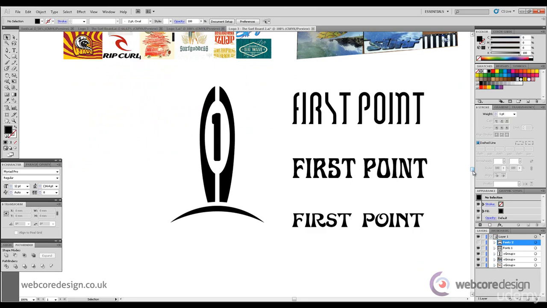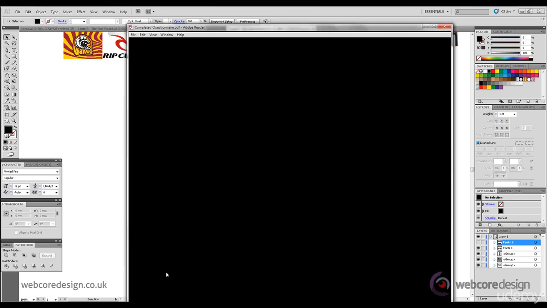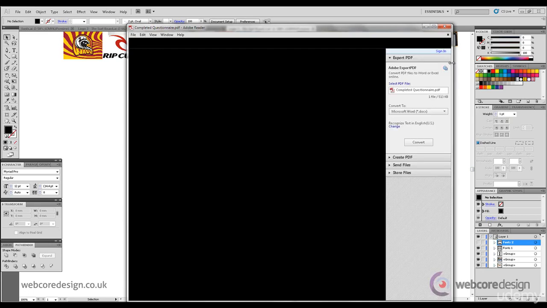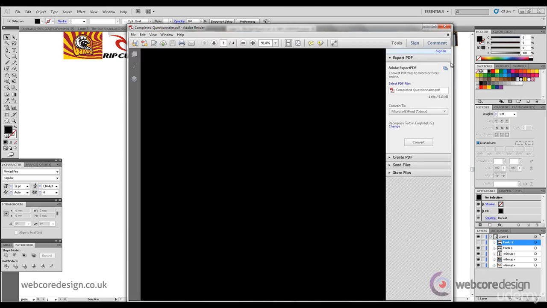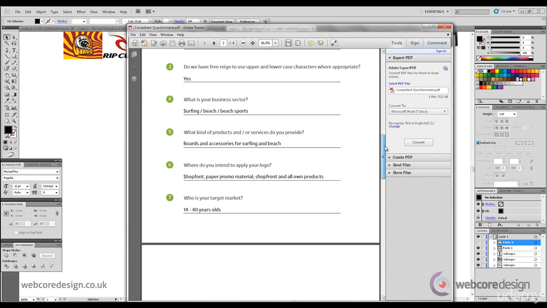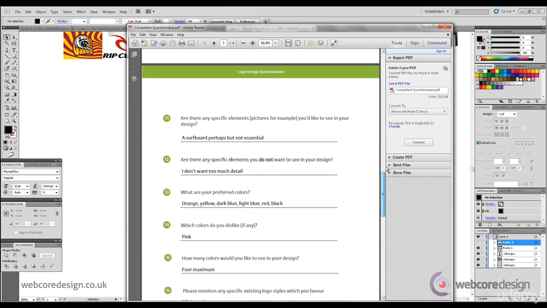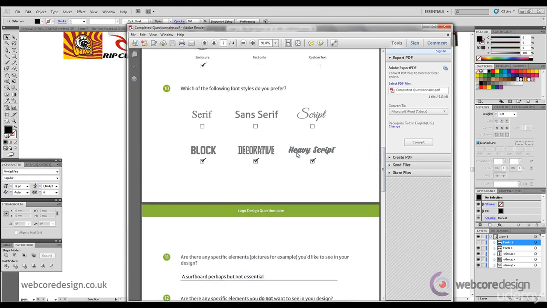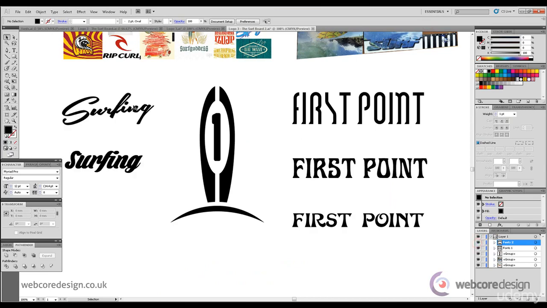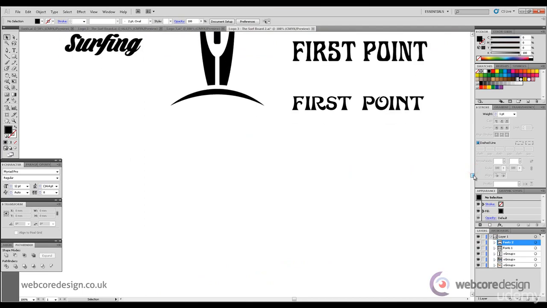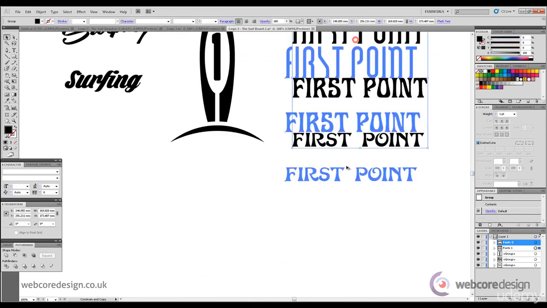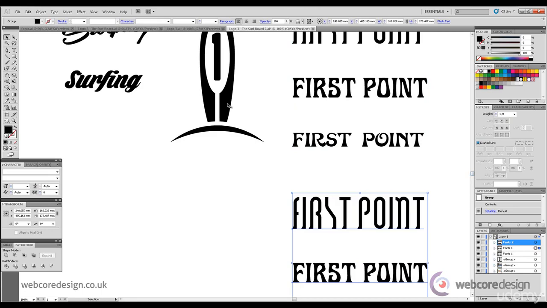psychedelic style text. And also I'm aiming to feature some script type for the tagline, because if we note in the completed client questionnaire, in the font preferences, as you see here, heavy script is highlighted. So I've chosen two heavy scripts that I may or may not use depending on how the design pans out. So let's start, and we'll drag these fonts down, make a copy,